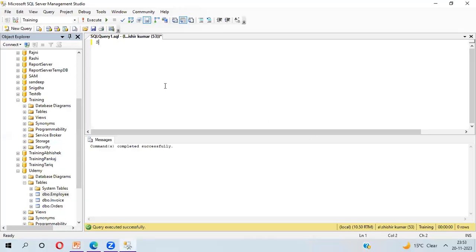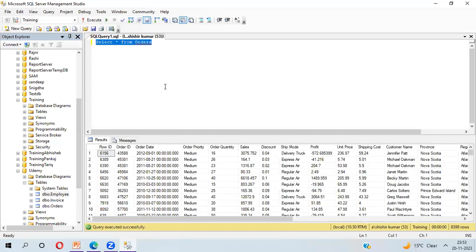So here I'm just writing select star from orders. Run it. You are getting this data. Now with the OR operator, I want to pick only that data which is from the west region or where the sales value is less than 0. Okay. So you need to take here where